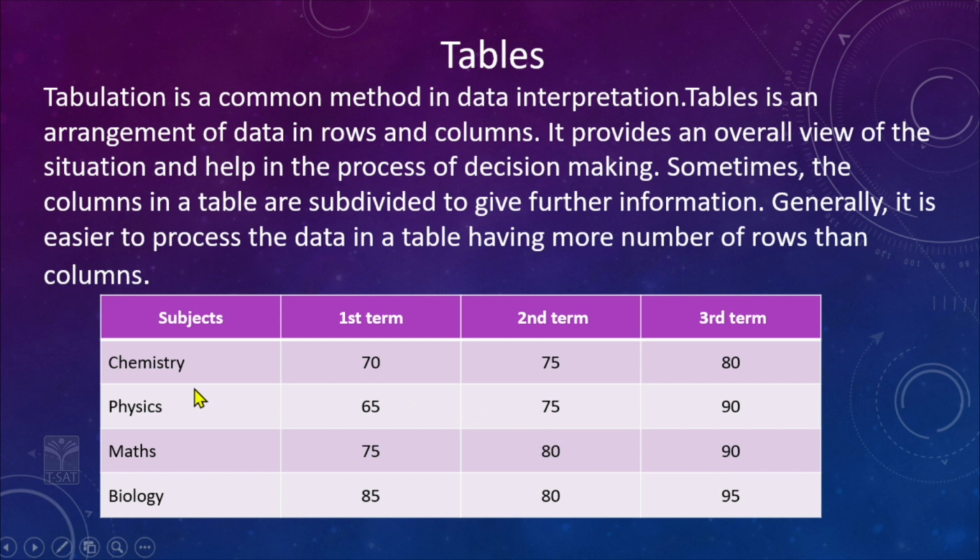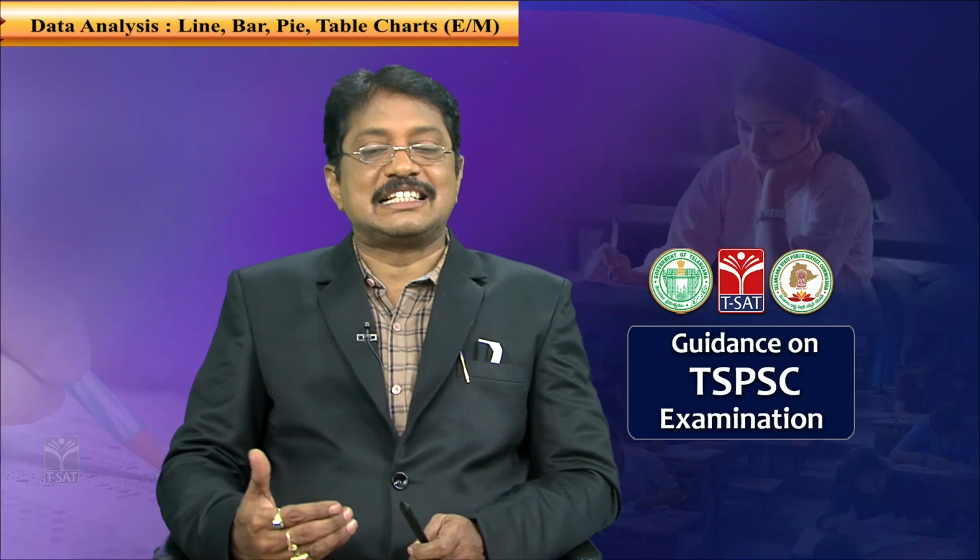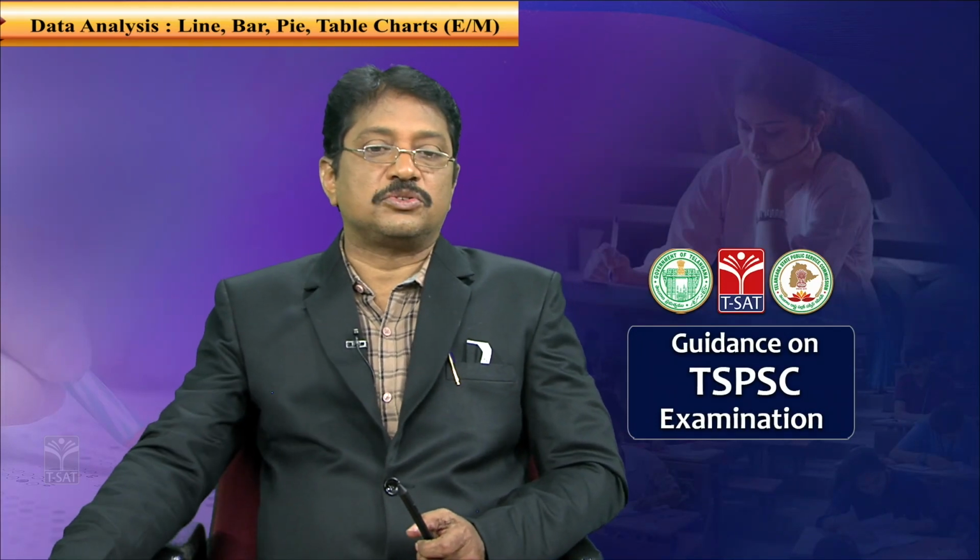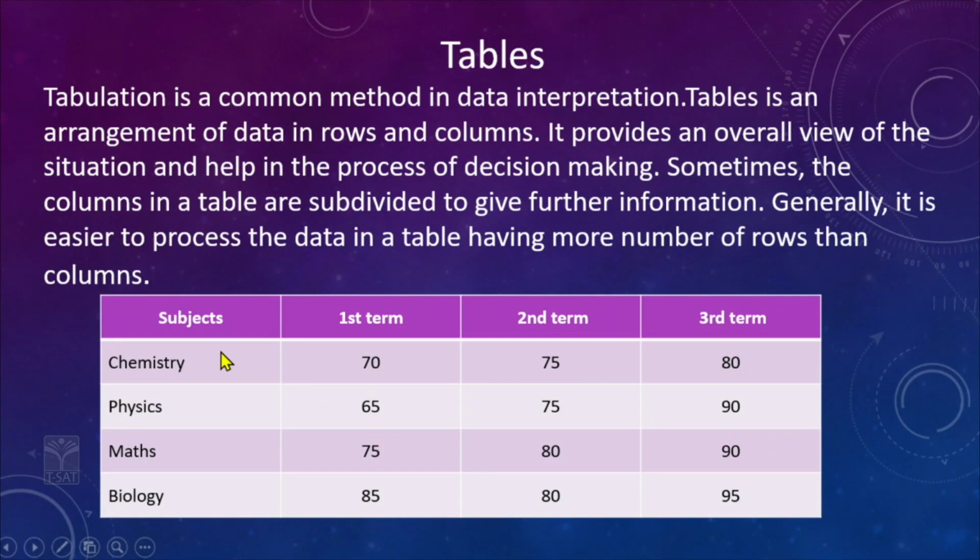Here there is an improvement in the subject chemistry from first term to third term. A consistent improvement is there. When you come to physics also: 65, 75 and 90. So, here there is an increase of 5, here an increase of 5. So, consistent increasing. Here increase 10, here increase 15, correct. So, it is 75, 80, 90, 85, 80. So, there is a decrease here, but there is an increase. So, the question comes: in which subject did the consistent increase occur? Chemistry. So, a table gives most of the information.